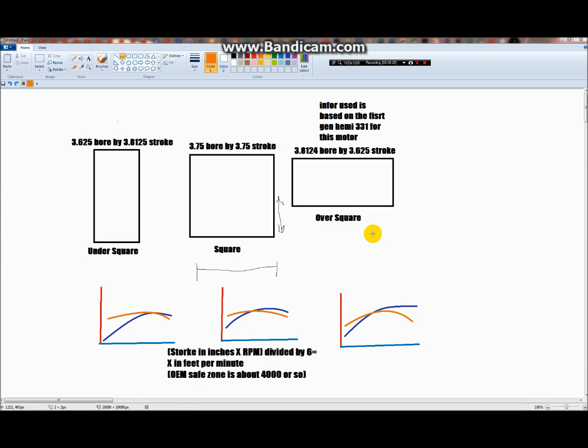That's why F1 cars can go so fast. Not only are they built-up race motors that are making insane amounts of horsepower for their size, but they can reach these absurd engine speeds because their stroke is so much shorter than everything else. For example,